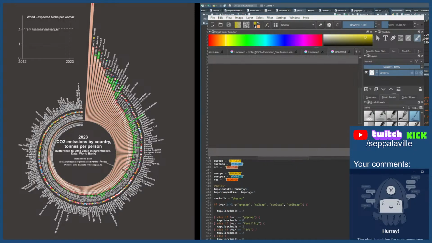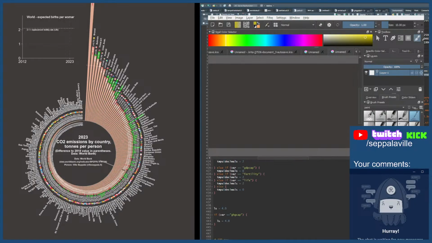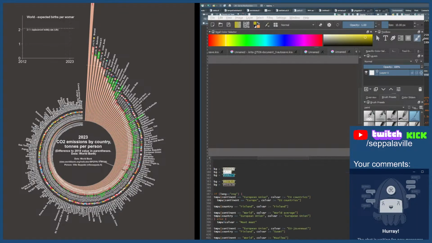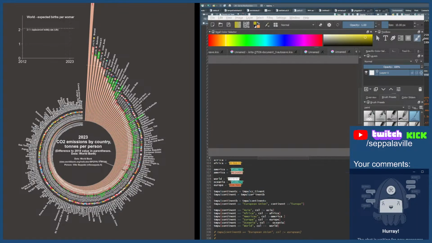And then we have the red and green ones. And now the problem with these, let's see where we have it. These are the wrong ones, I think. Here we have the actual colors for those red and green ones, but